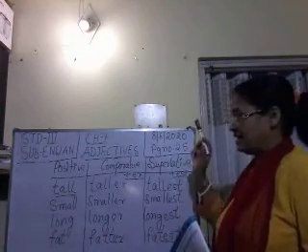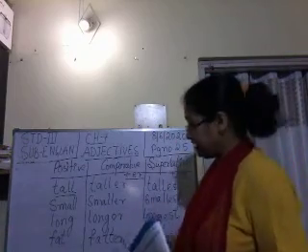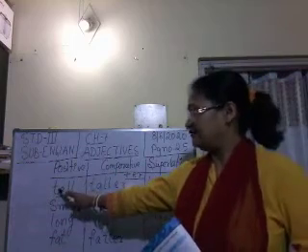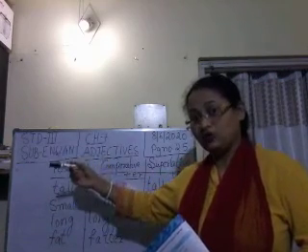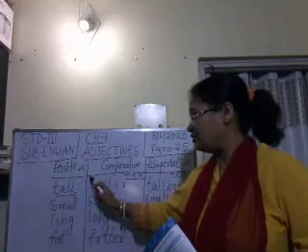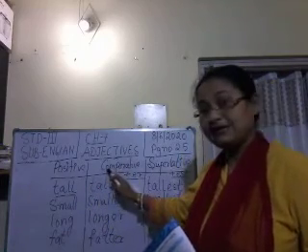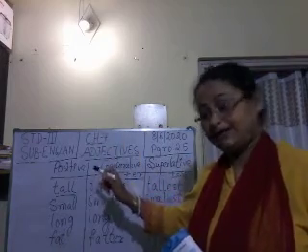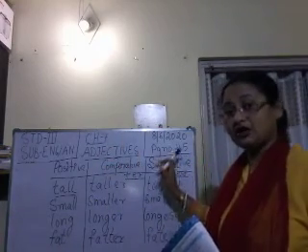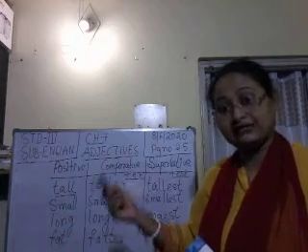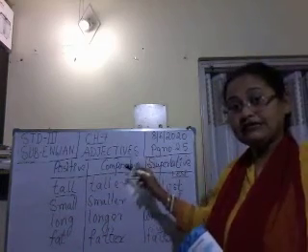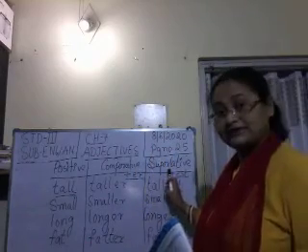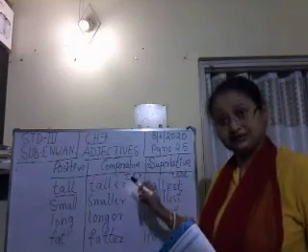Okay, clear? And one more thing I have told you: in the comparative degree, when we frame sentences, we use than. Suppose I say Ravi is a tall boy, and now his friend is Mohan. Then I will say Mohan is taller than Ravi. So in the comparative degree, we always make use of the word than, T-H-A-N. And if I am talking about John, who is the tallest boy in class 3, we say John is the tallest boy in the class. So before the superlative degree, we should always write the.